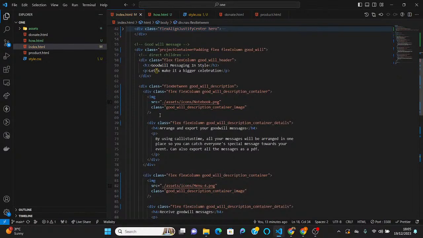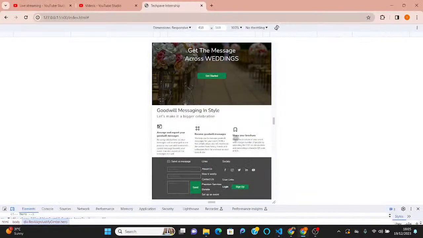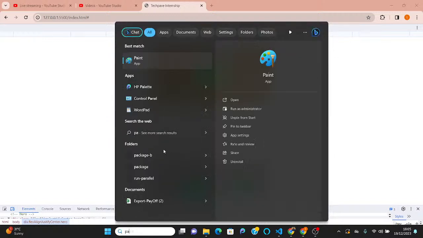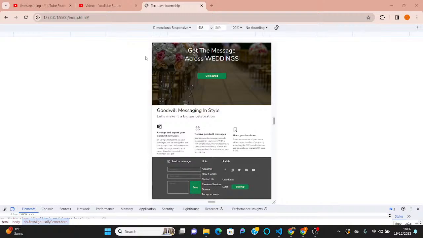Let's talk about flex wrap. Now, flex wrap will make your work not to go. Let me open our paint. So let's say for instance